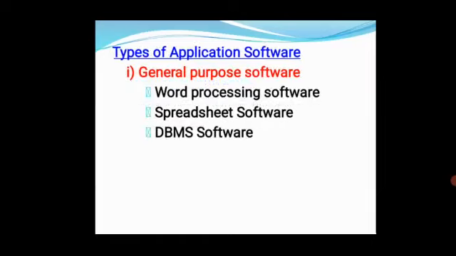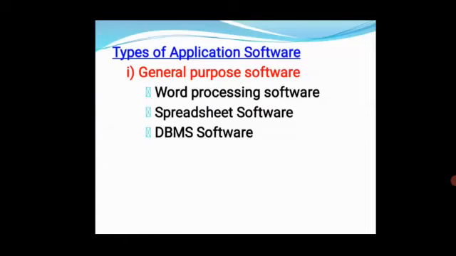What is the meaning of general purpose software? These software are not written for any particular type of business. We can use this software for both commercial and non-commercial purposes. All the people can use this software. Organizations, hospitals, banks, we can use this software anywhere, in all places. This software is not created for any particular type of business. Okay, did you understand? I will explain one by one.